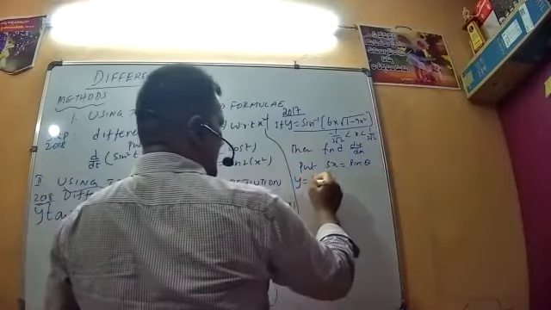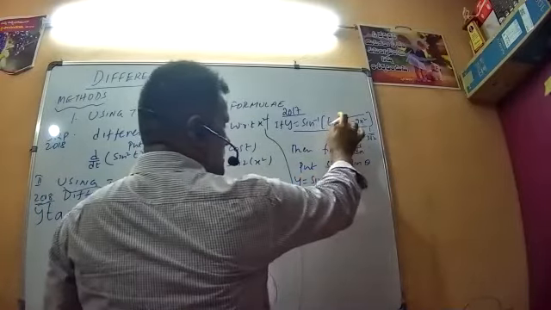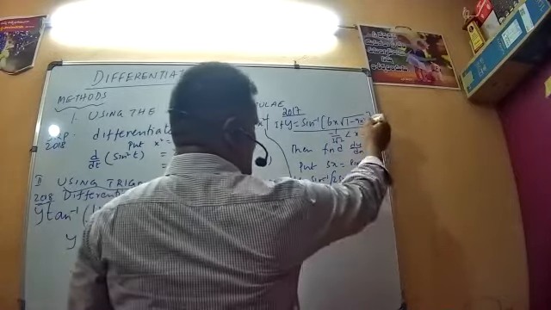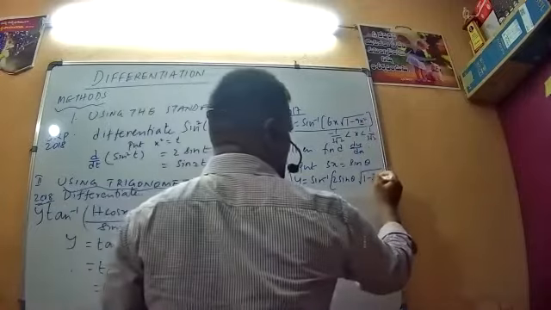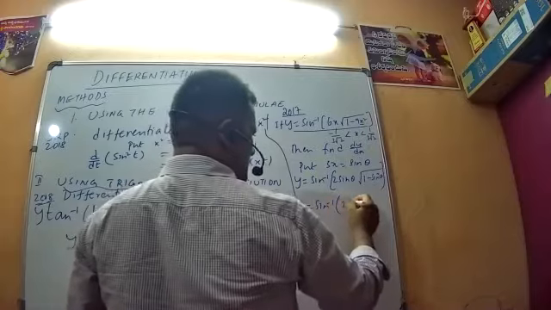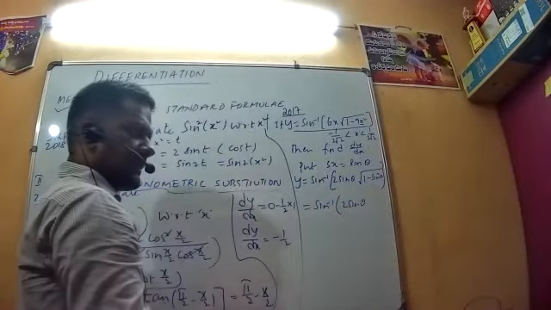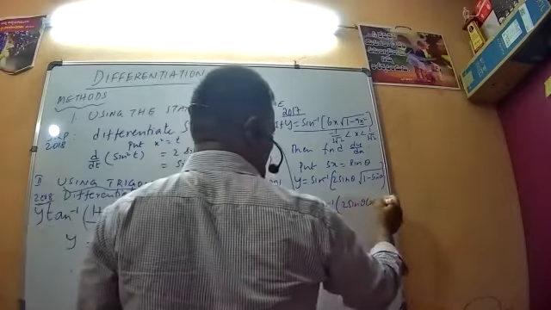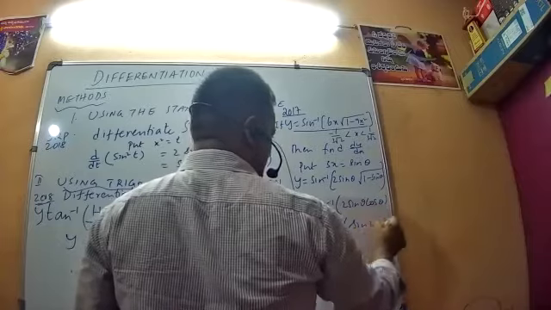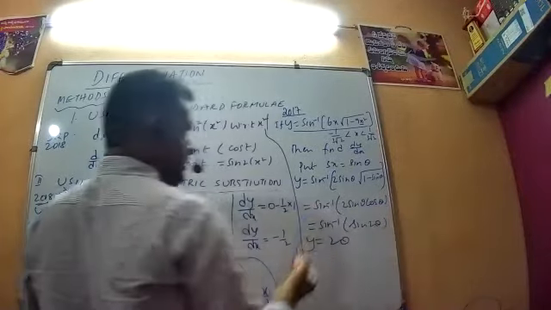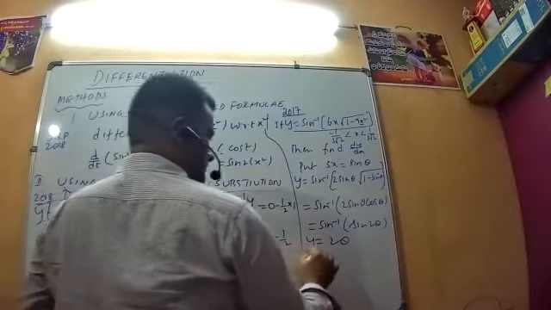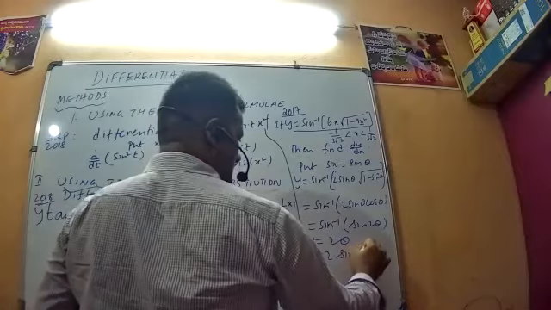So this will become y is equal to sine inverse of, this is 2 into 3x, so 2 sine theta, into root of 1 minus, this is 3x whole square, so sine square theta. This will become finally sine inverse of 2 sine theta, root of 1 minus sine square theta is cos theta. So this is sine inverse of sine 2 theta, which is equal to 2 theta. Y is equal to 2 theta. But what is theta? Theta is sine inverse 3x. This is 2 sine inverse 3x.